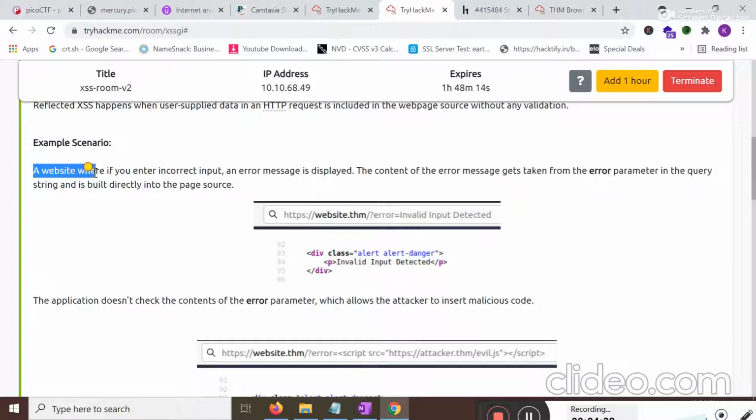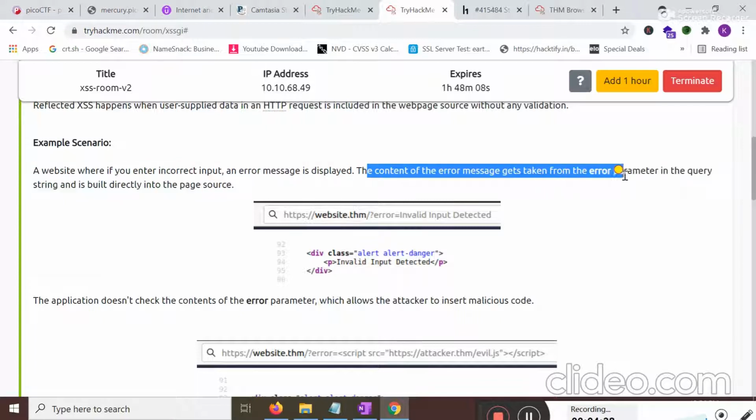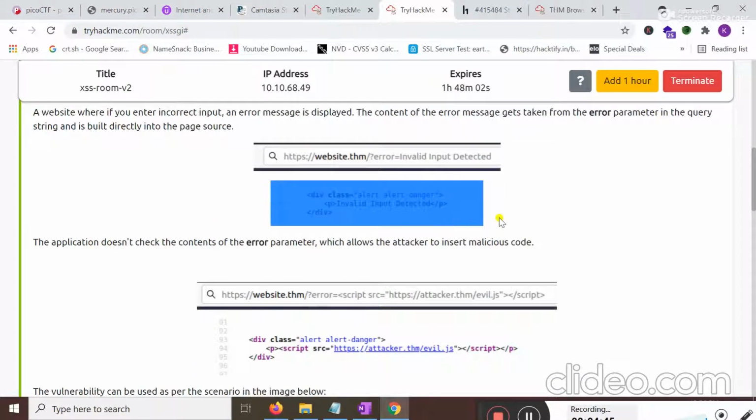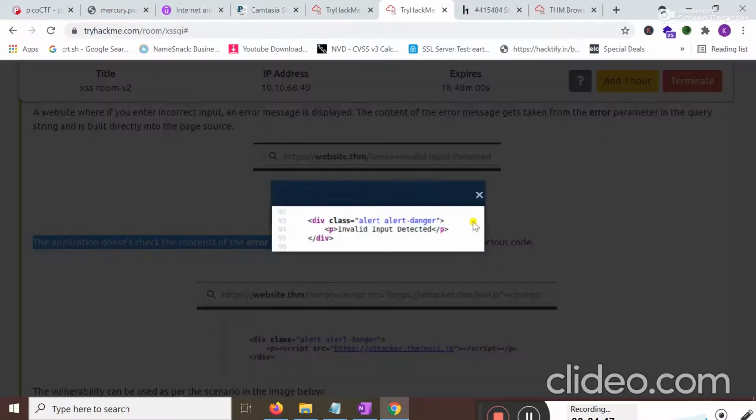Okay, it is a website where if you enter incorrect input, an error message is displayed. The content of the error message is taken from the error parameter in the query string and is built directly into the page source. Here you can see the picture of the page source.